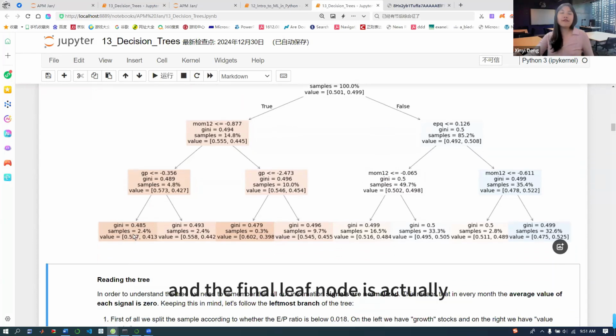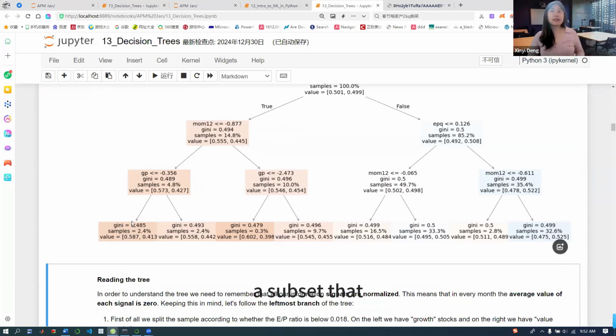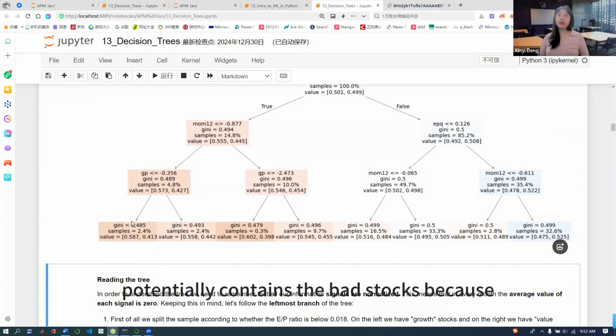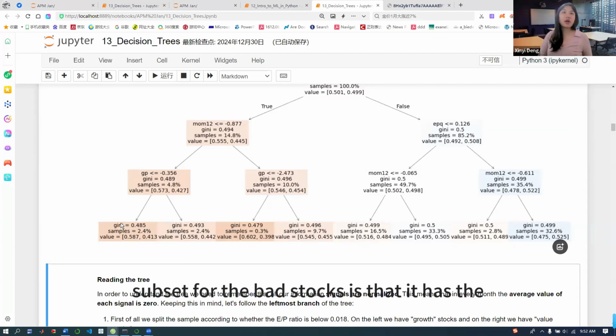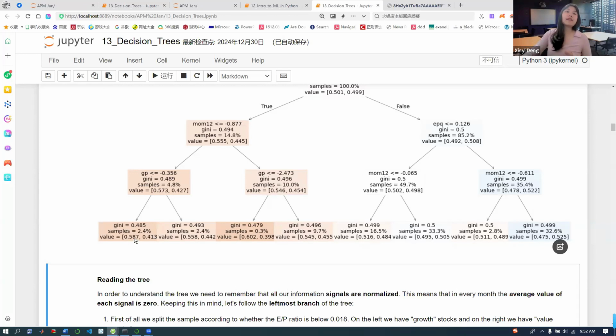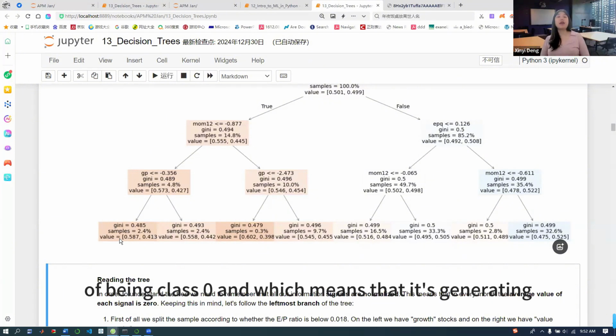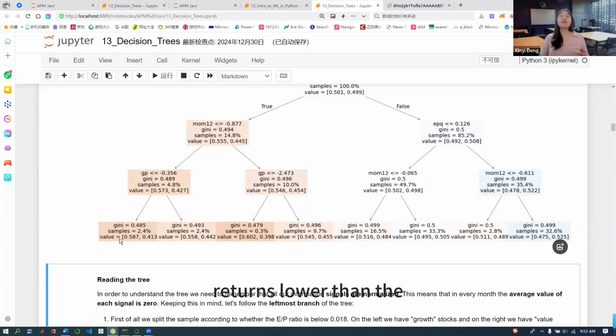And the final leaf node is actually a subset that potentially contains the bad stocks, because the reason that we interpret this leaf node as a subset for the bad stocks is that it has a 0.587 probability of being class 0,